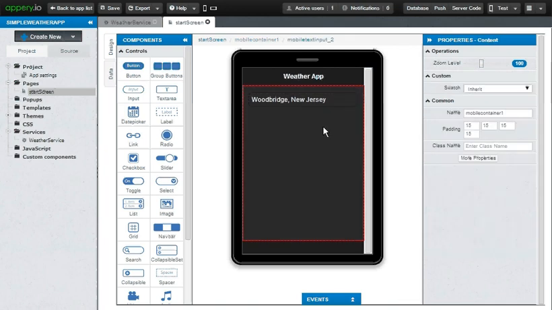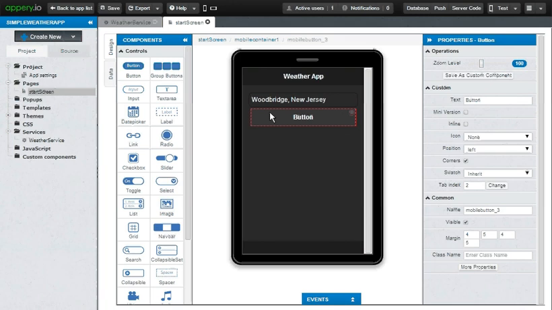So this is a text box with some default value. Now I'd like a button in there. So I'll grab a button and drop it below the text box. The caption of the button I'll rename to something like get weather, which is quite intuitive.